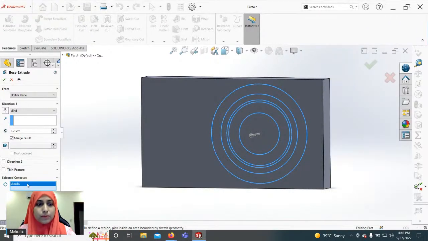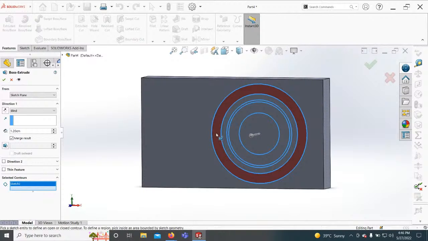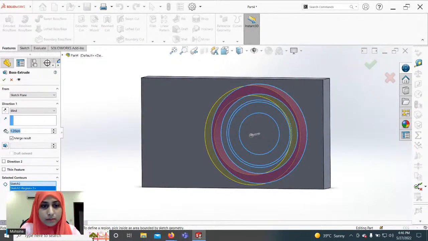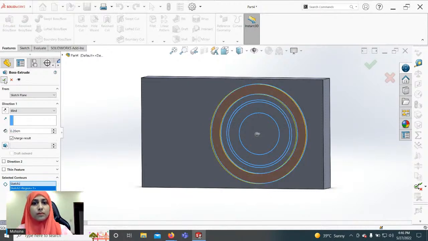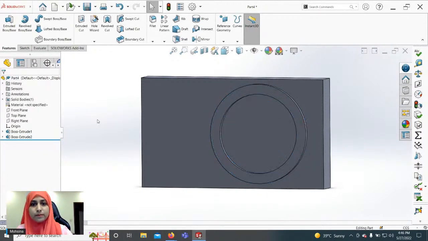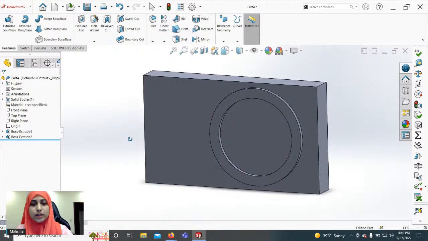We will go to this option and select a region. When you hover over a region, it is colored. So let's go to this region and provide the extrusion, which would be 0.2.